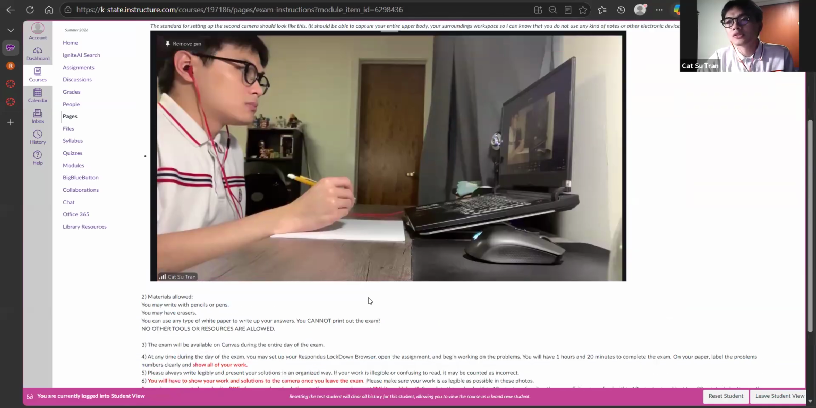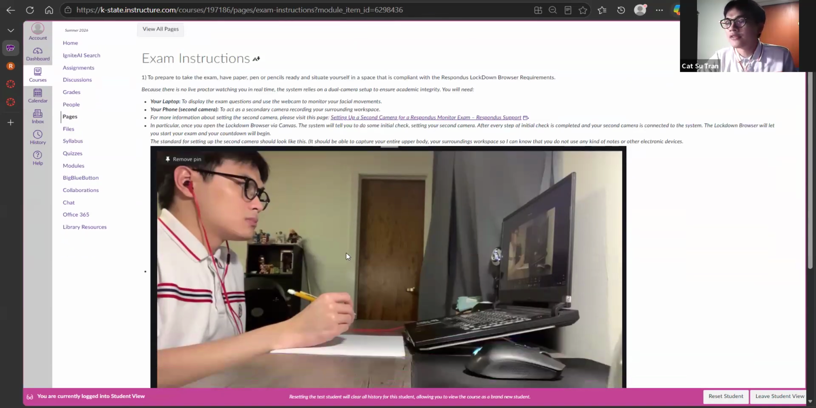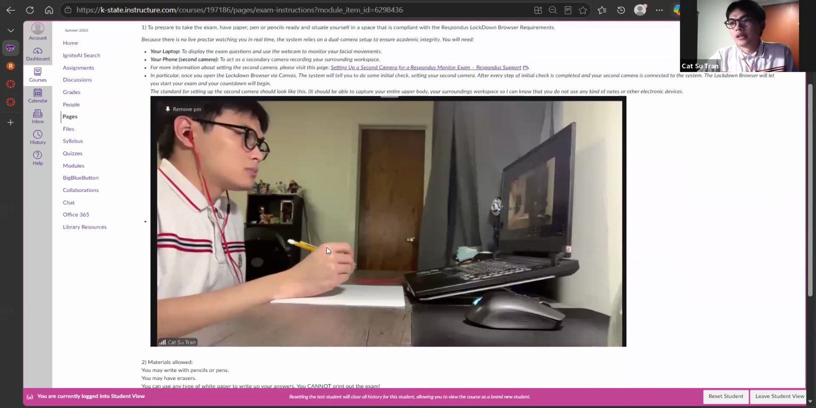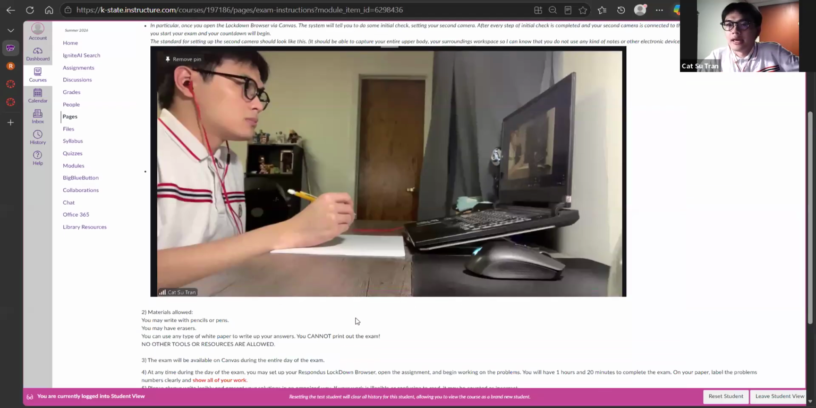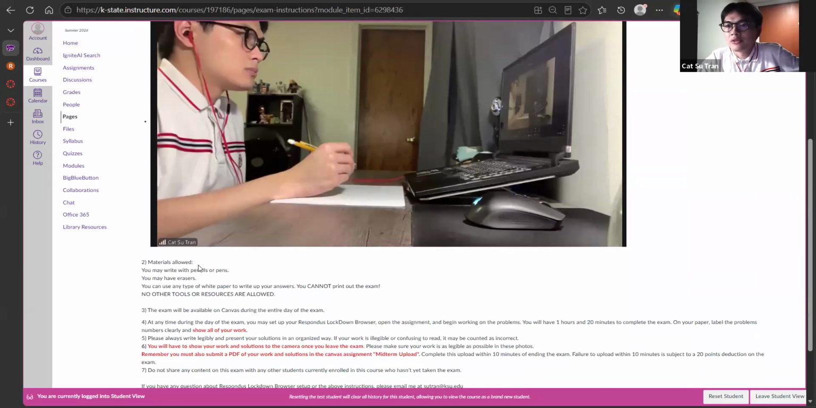Remember that after you connect your phone to the system, I want you to set up your phone, or any kind of thing like an iPad, so that it can capture everything in your workspace. Okay, and the material allowed during exams is: you can use a pen or pencil to write your answers,